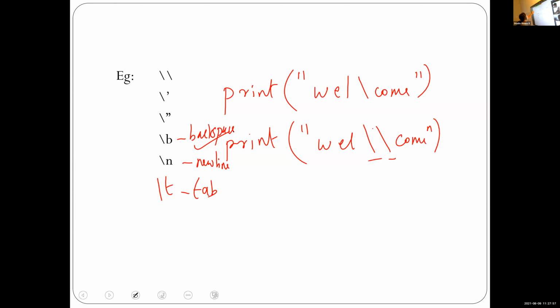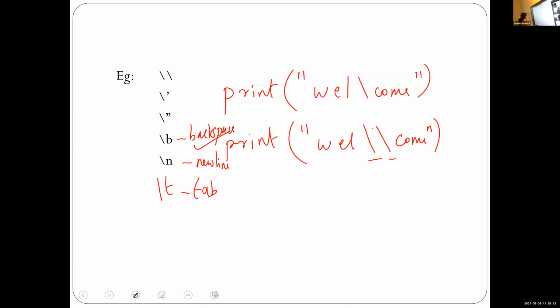If I want to insert a single quote, first use one escape sequence, that is backslash, then the single quote. In the case of double quotes also, backslash then double quotes. Slash B is used for backspace, slash N for new line and slash T for tab space.